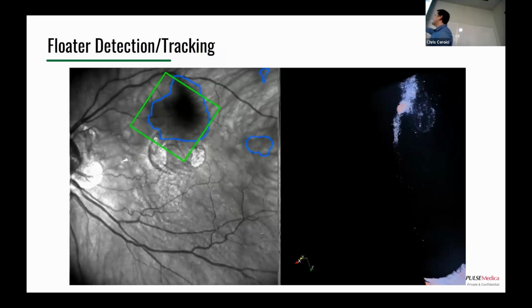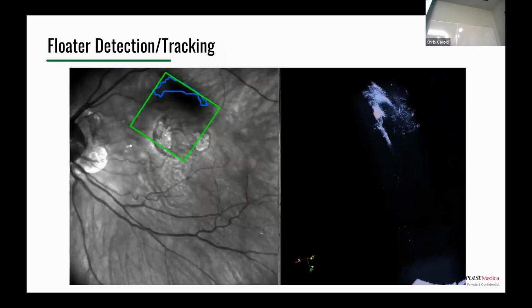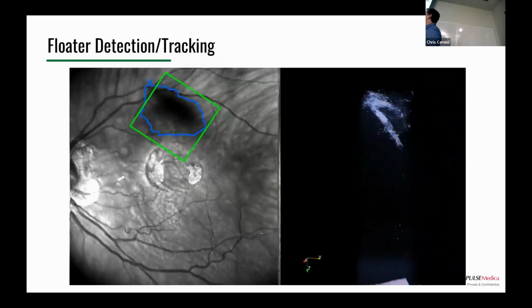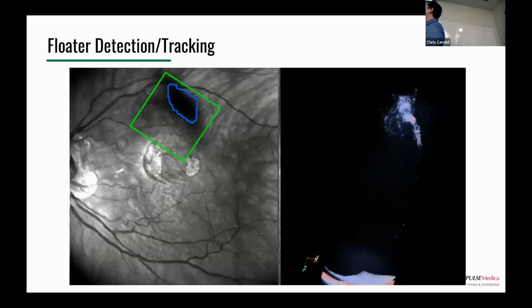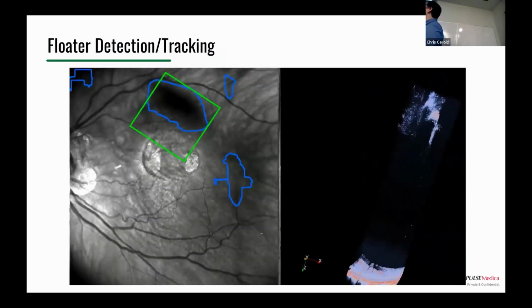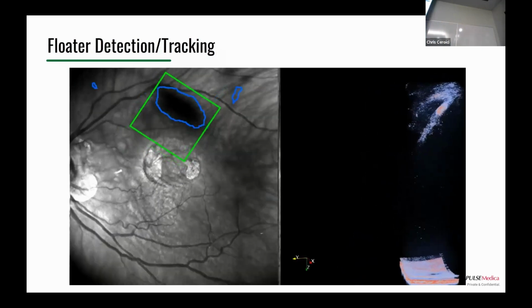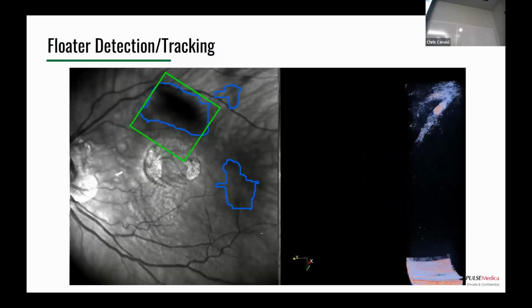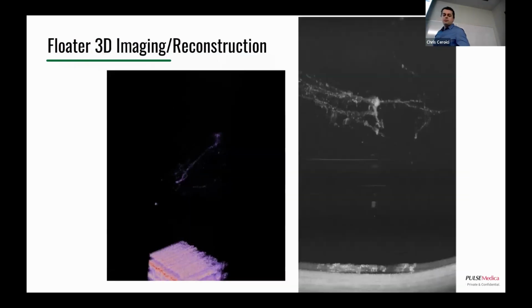And so here's another example. This is the OCT on the right, and this is the actual detection contour on the left, after the heat map, showing the floater. Once we have this detection contour, we can then tell our OCT to scan. That's the green box here. You imagine a cone coming out of the page. You can scan that area and then generate